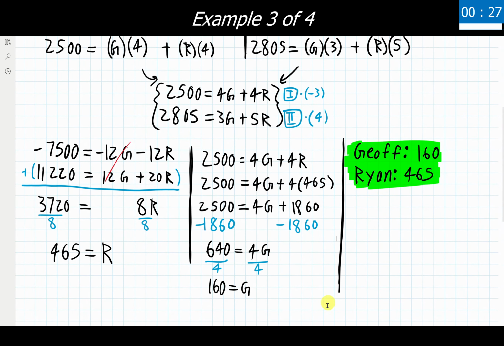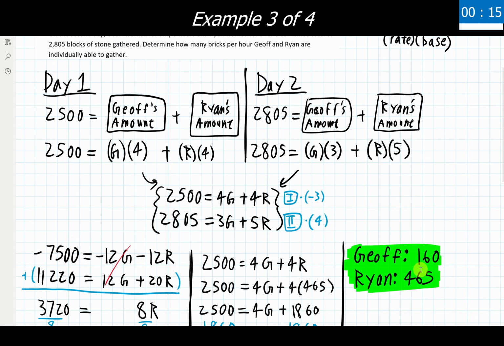As with the previous problems, you are welcome to use the other algebraic method than the one I used. Again, I used the elimination method here, but you can absolutely go through and use substitution to get to your final answer. It should be the exact same as well.